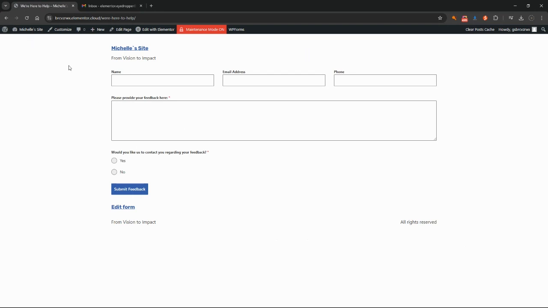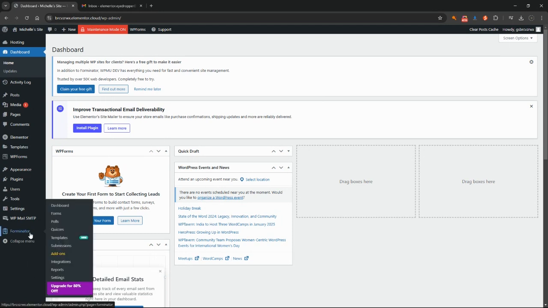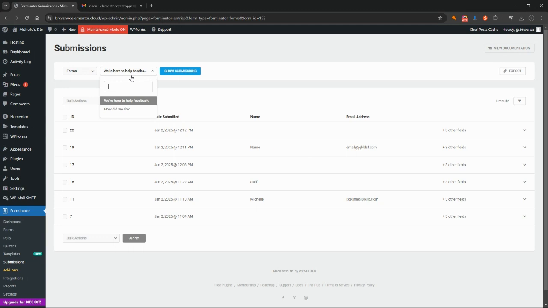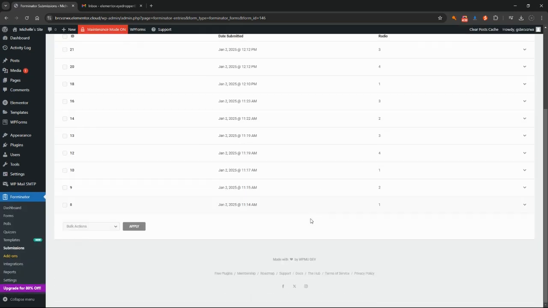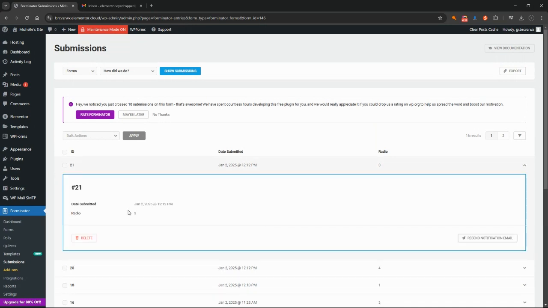And one last thing I wanted to show you about Forminator is how to find your submissions within the back end of your website in case you don't think you're getting all of the emails come through. So you can come across to Forminator and come down to submissions. So if we click on that one there, from there, you just need to select which form you would like to have a look at. So the How Did We Go form, let's click on Show Submissions. And you can see these are all the test runs that I've been doing. And you can see it tells you what number was selected. It doesn't really give you a whole lot more information with this particular form